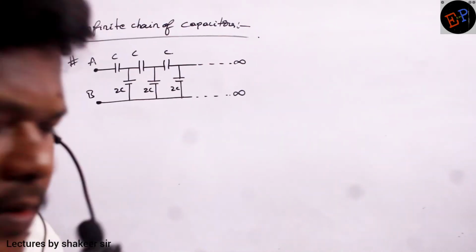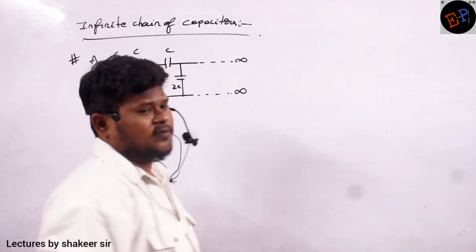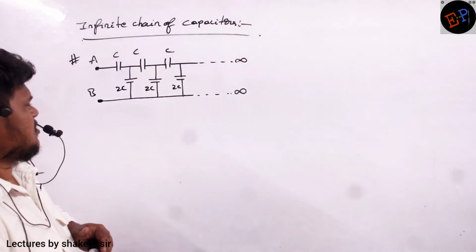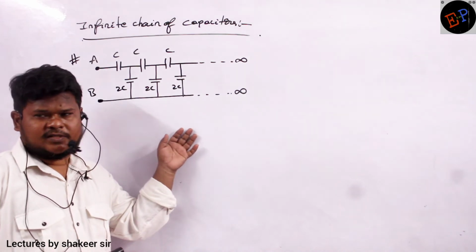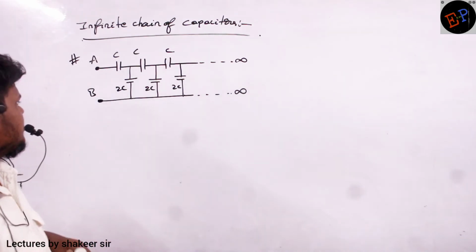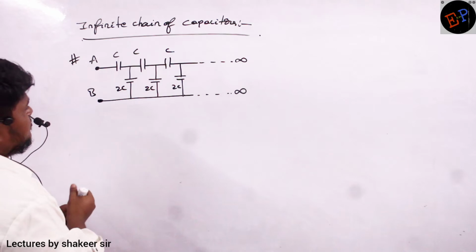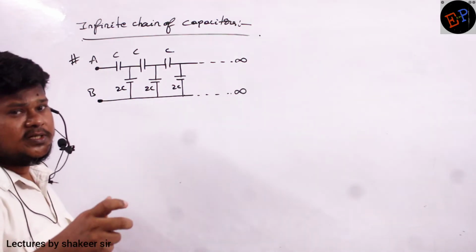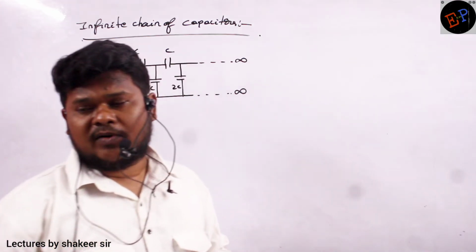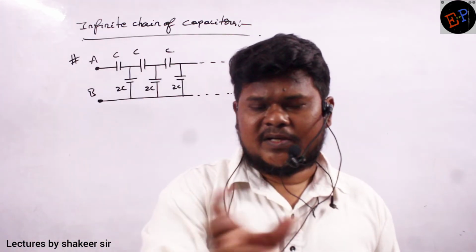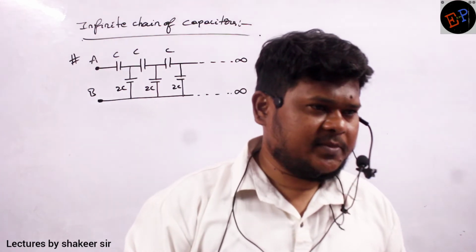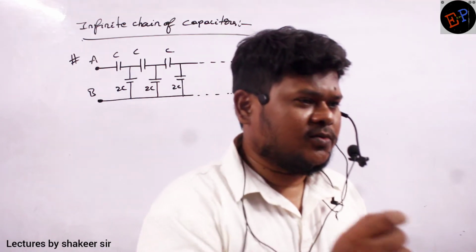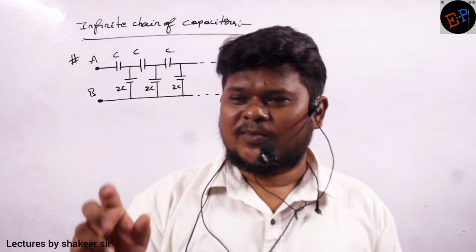That's it. So this problem is based on an infinite series of capacitors, an infinite chain of capacitors. Sometimes these models were given in previous examinations. So let us see how we can solve. See, because this is an infinite chain of capacitors, if I add one more repetitive branch, capacitance will not change, no? For example, you have 1 lakh of rupees. I give you one more 1 rupee. Then what is the total amount you have?